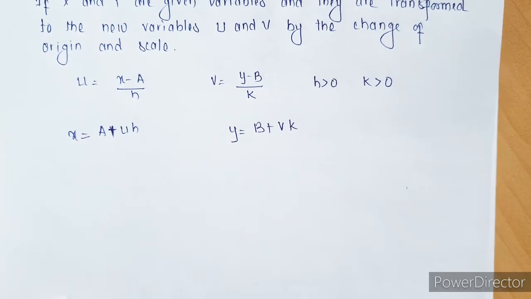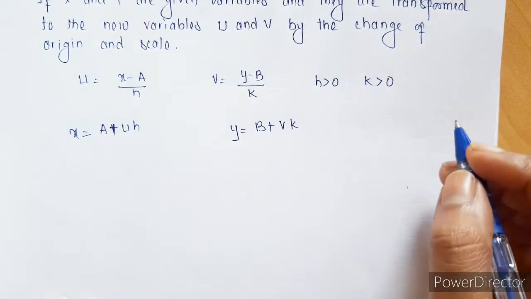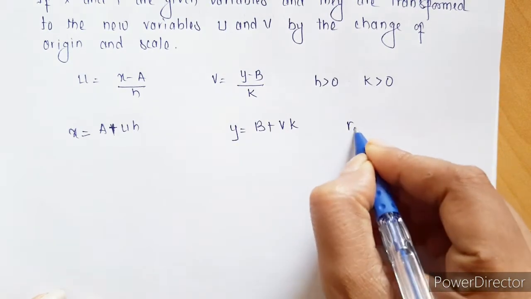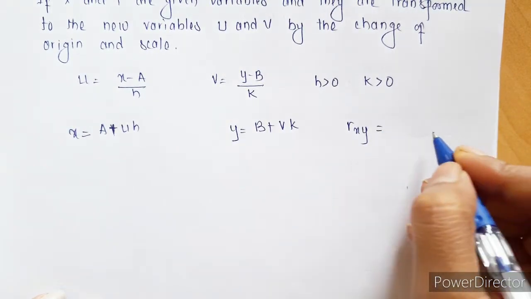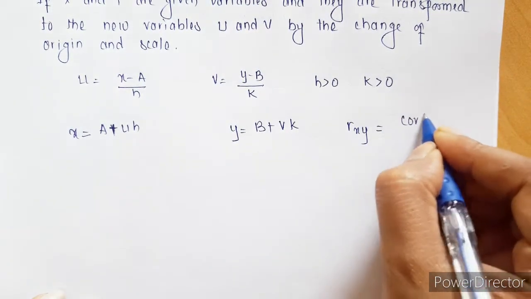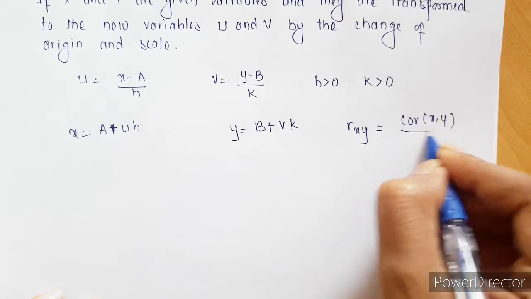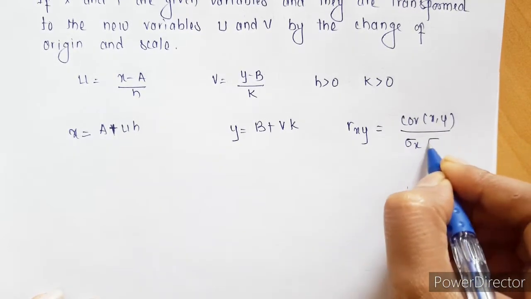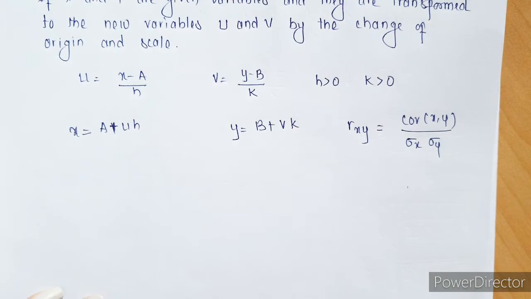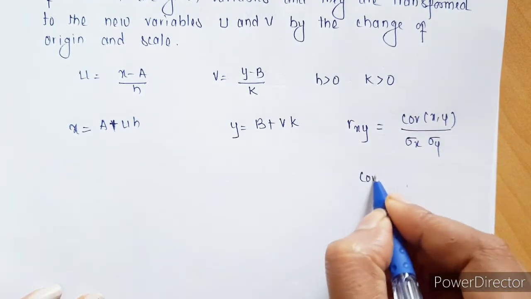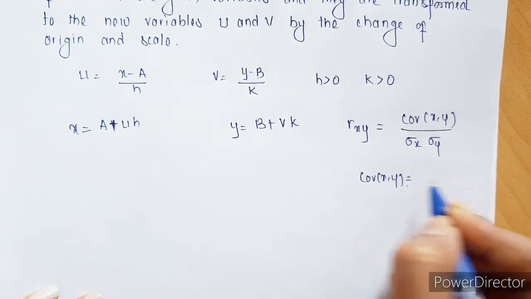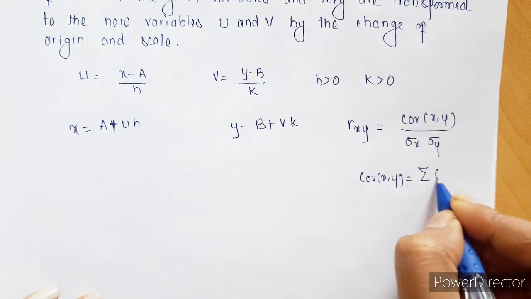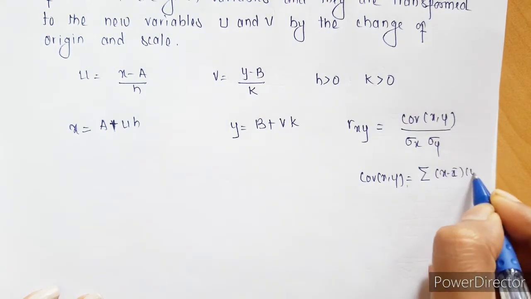Let me write the formula for the correlation coefficient of xy. It is given as covariance of xy upon standard deviation of x into standard deviation of y. Covariance of xy is the summation of products of deviations